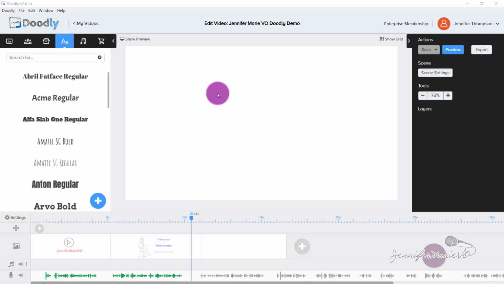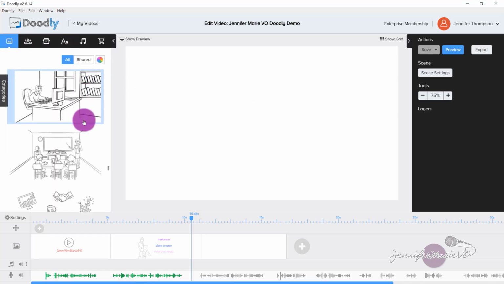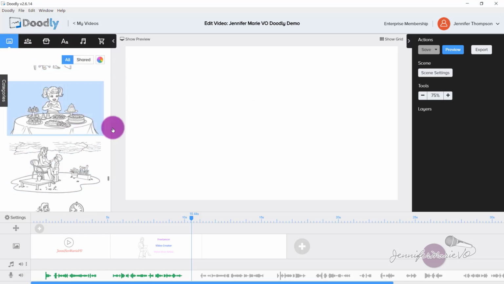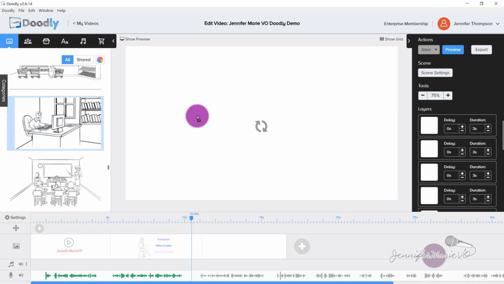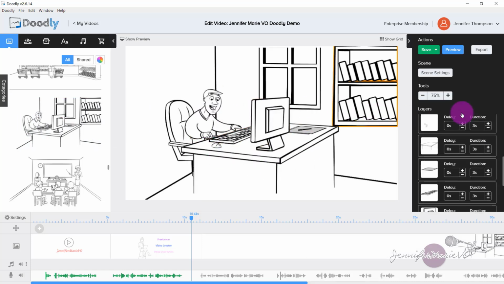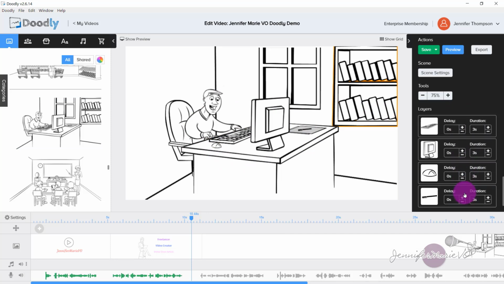So now I want to show you how you can add one of the preset scenes. If we go over here and click on scenes, you can scroll through and use any of these, and Doodly will automatically draw out every part of this scene. So let's say I like this one here of the guy and the computer. I'm going to click it and drag and drop it. And you can see that Doodly is building this scene,